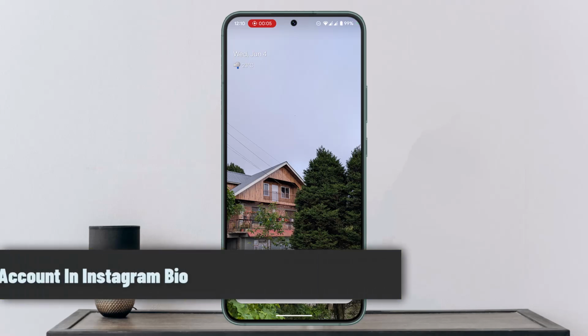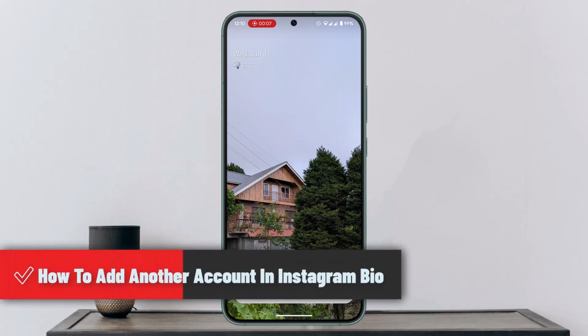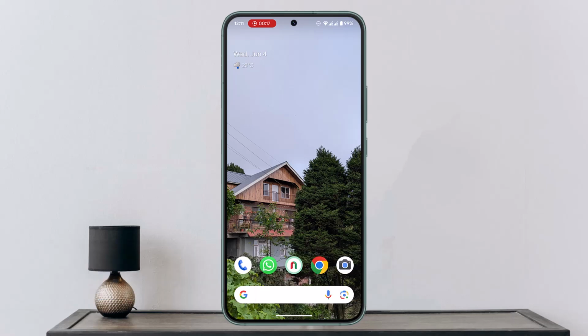How to add another account in an Instagram bio. In order to add another account, add a link to the other account's profile. Use a service like Linktree to display multiple links, or else you could also do it with the help of